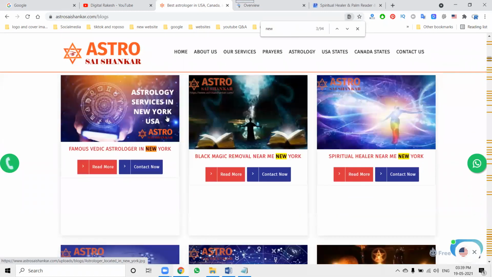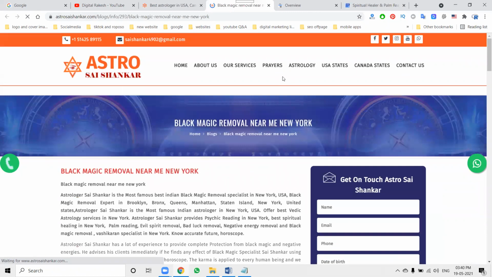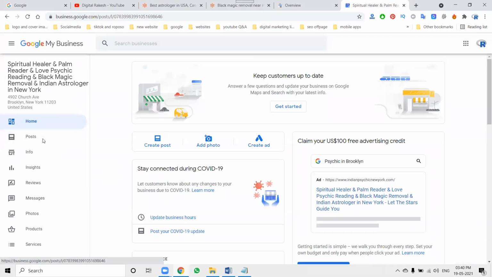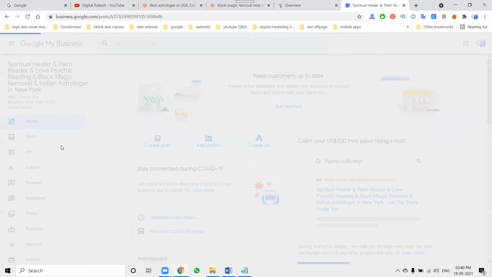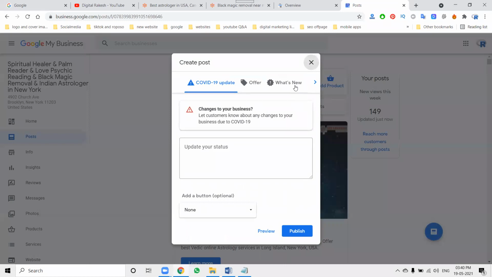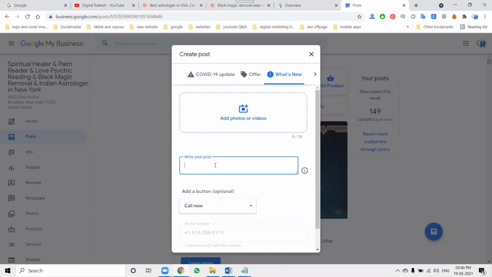That is the purpose. Select the link here. Previously we discussed promoting a link; now we'll be promoting your call button. For anyone looking for your service, go to the post option, add the phone number, and select post. What's the new post? Here we'll select the option called Call Now button.